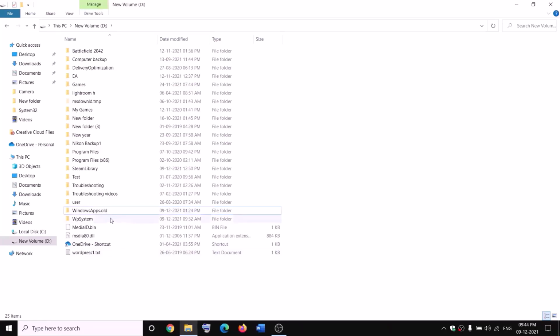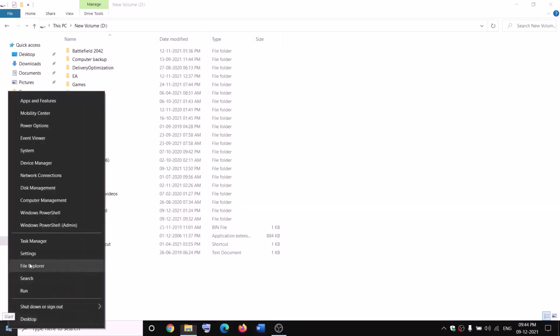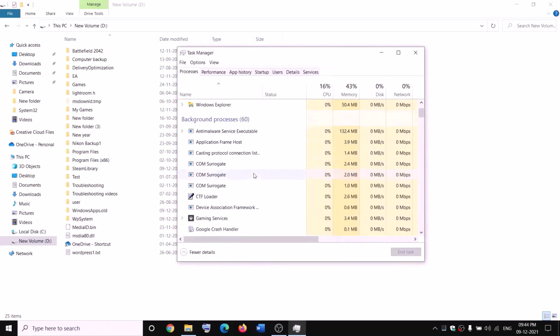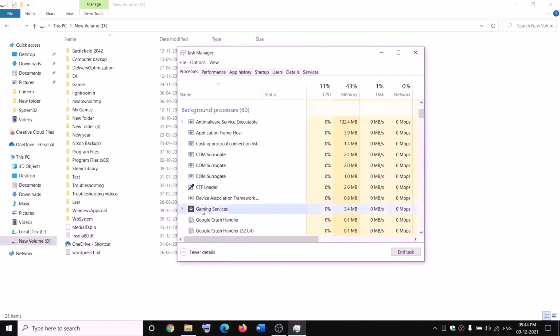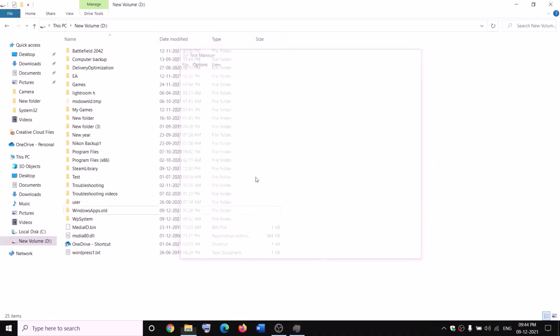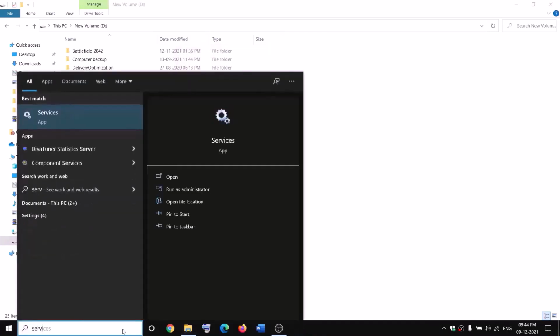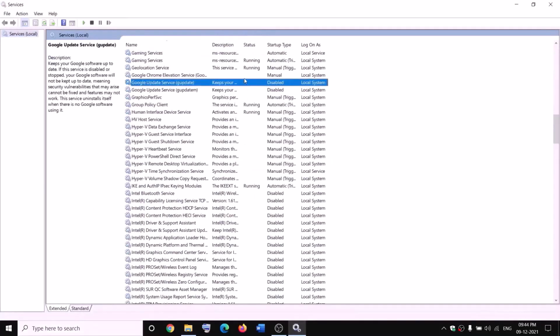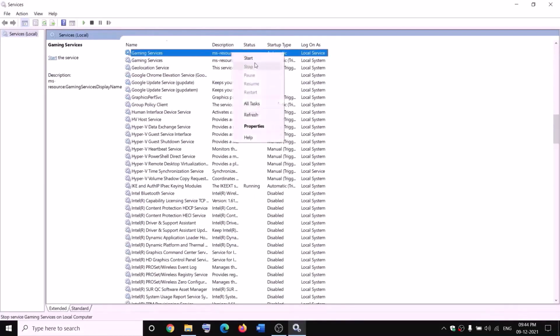Now while renaming it, if you receive any kind of error message which says file is open, in that case open task manager on your computer. Make a right click on the start menu, click on task manager. Now if you find gaming services, make a right click and then click on end task, and also open services over here, and then go to services and find gaming services, make a right click on gaming services, click on